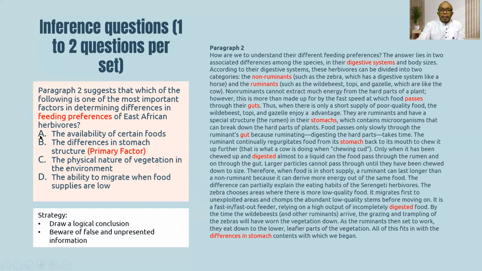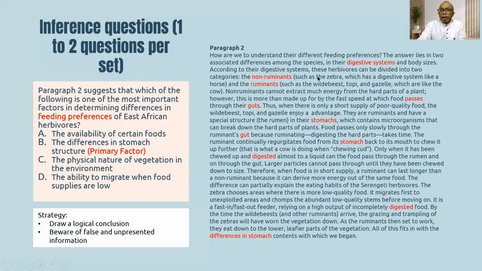So now, most of the options are mentioned. There's a mention about each of the options, but the question is asking for one of the most important factors. So what you need to do is look at the whole passage or paragraph and try to make a conclusion of the number one or the most important one. Okay, and if you see here,